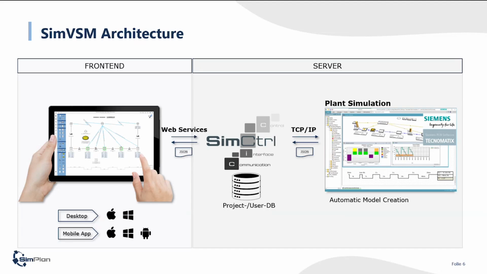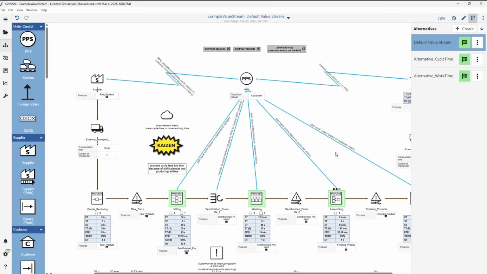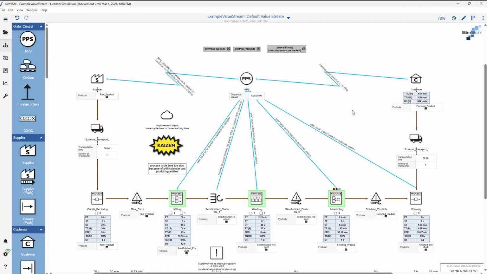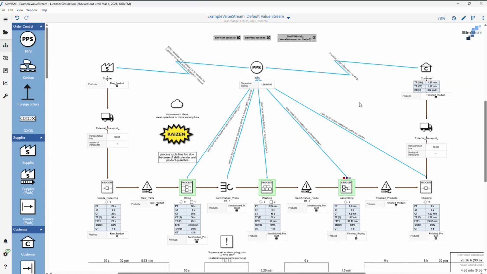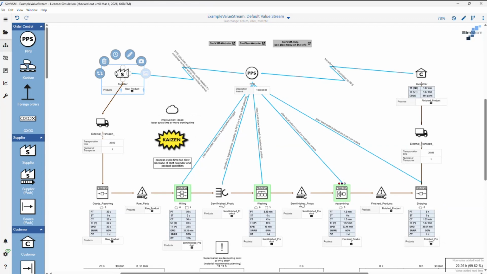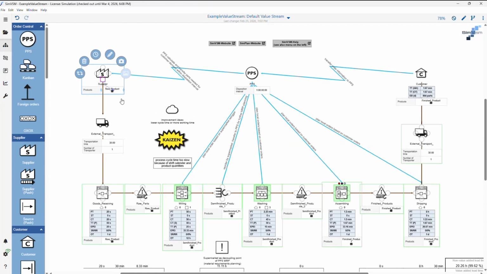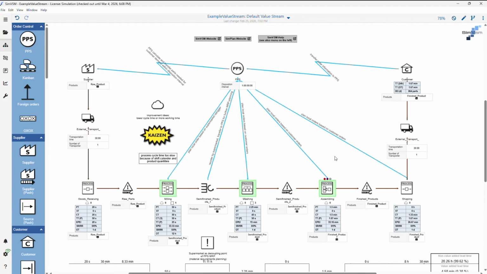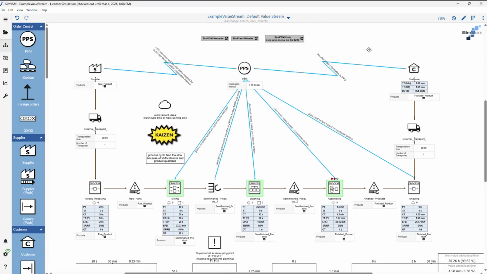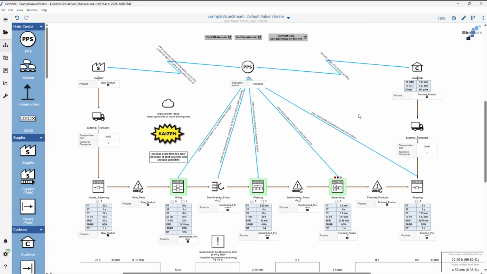So just as a show or short preview of this, you would have the same or similar modeling environment where you can model certain elements, you can connect them with certain connectors, you have attributes, product assignments to your stations. Looks similar to plant simulation there as well.